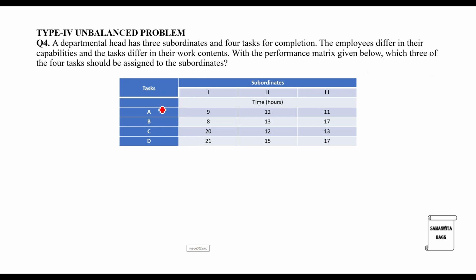So you can see here there are 4 tasks A, B, C, D, and there are 3 subordinates 1, 2 and 3, and in the cells below is given the time in hours. So this problem again is little different than the previous one because you can see that there are 4 rows and 3 columns. So that is why this is called as unbalanced problem. We need to first balance the problem. So I'll start by writing, since the number of rows is not equal to the number of columns, therefore